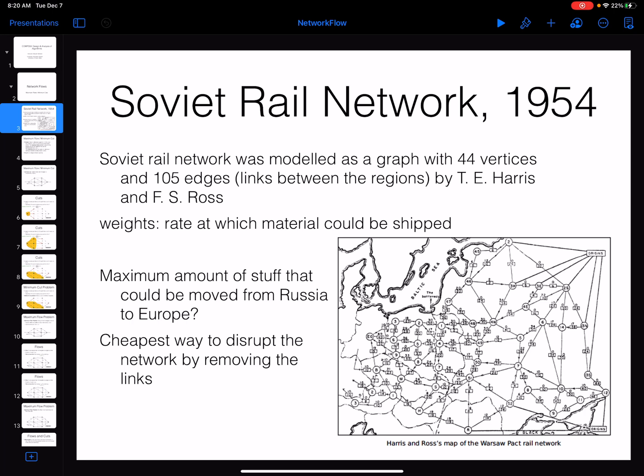In 1954, in fact, I don't exactly know the complete name, but Harris and Ross modeled the Soviet rail network. It was during the Cold War, I guess. And they modeled the Soviet rail network in the form of 44 different regions, considered them as vertices, and the roads between these regions as edges, which was